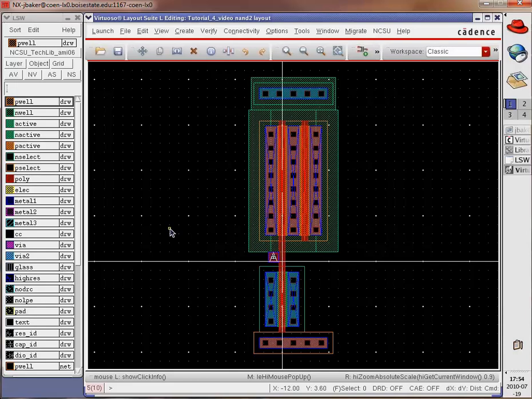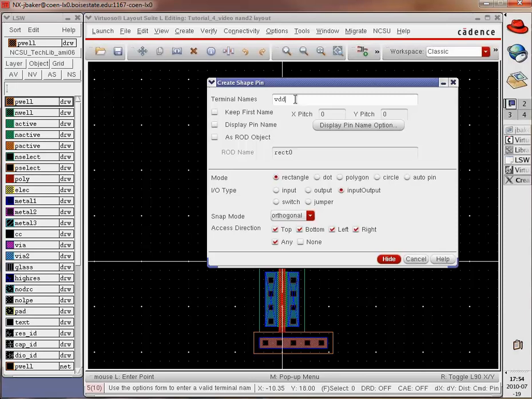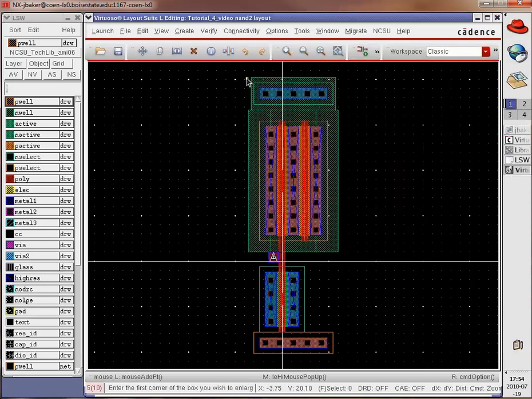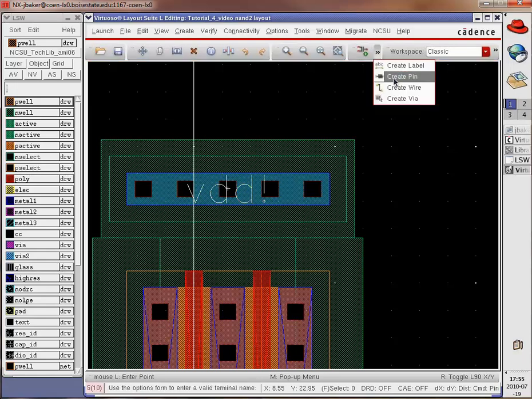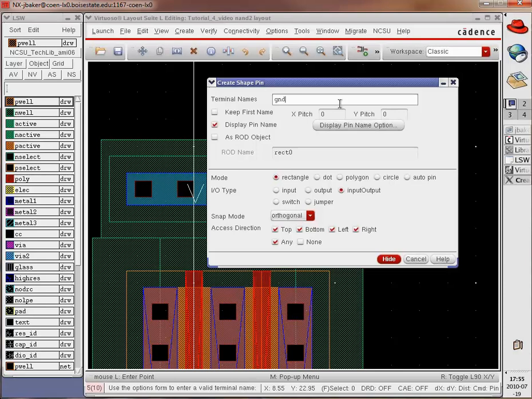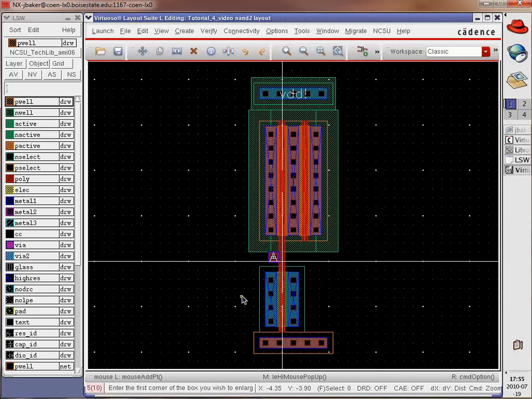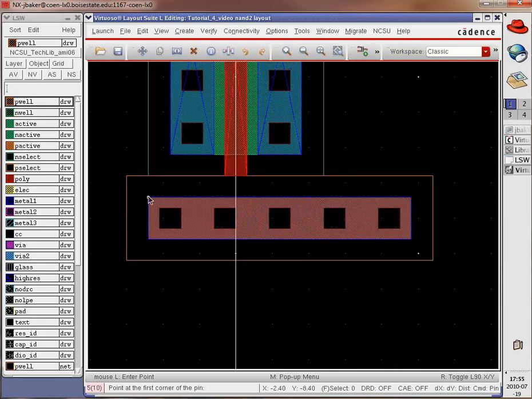Then let's add pins. VDD, bang. Input, output, display pin name, that's important. Come on down here. Put that down. Drop this in the middle. Go to create pin. GND, bang. Input output, display pin name, fit, Z to zoom in, down there,